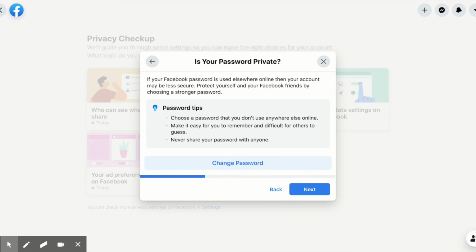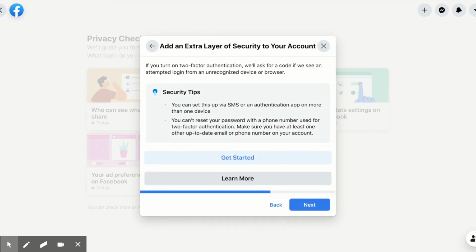Because if there's ever a data breach at any of those other companies, you don't want someone to be able to try the username and password that you use for Netflix on Facebook. It goes for all your other accounts, but since we're in Facebook, it's important to change it. So if you think you use that password somewhere else, tap that change password button and update that password to something fresh and new. And then there's that extra layer of security that I mentioned, the two-factor authentication,